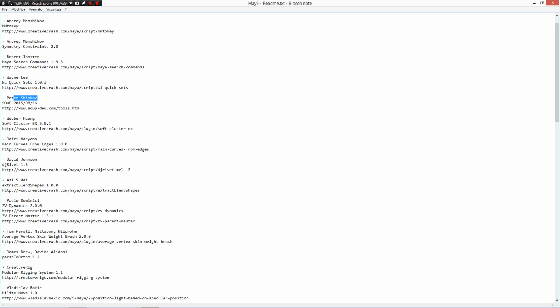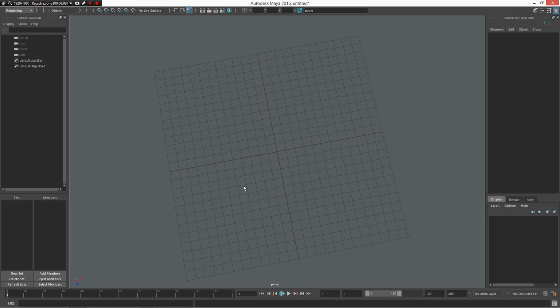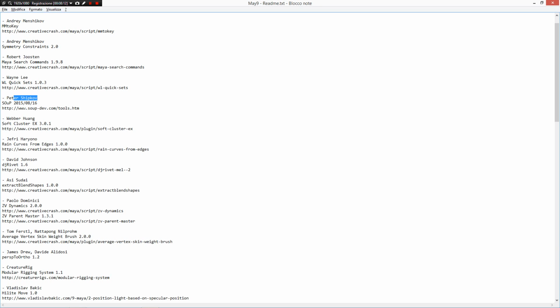Soup is a set of nodes to increase the procedural work in Maya and other things. It is a set of tools. It is a plugin with inside a set of nodes that dramatically increase the Maya ability, particularly in the procedural work. You can shatter an object, for example, or a lot of other functions. As you can see, I have included the link, so you can have full access to support for